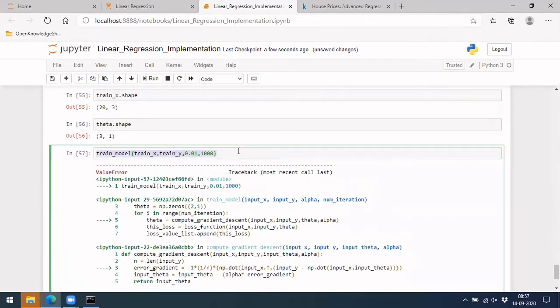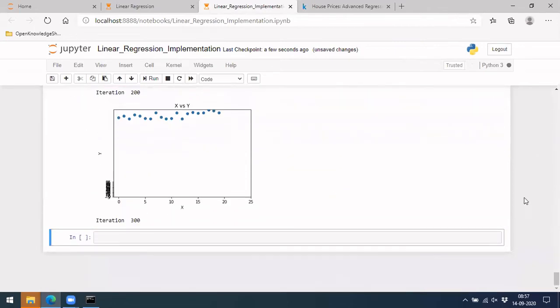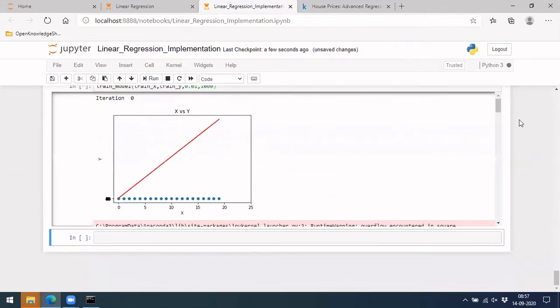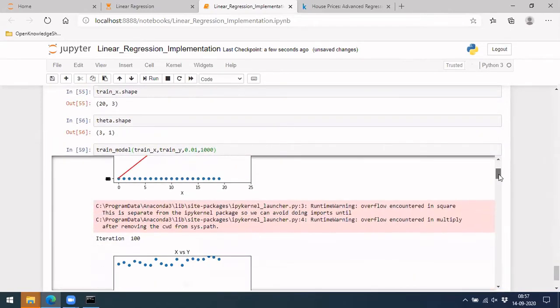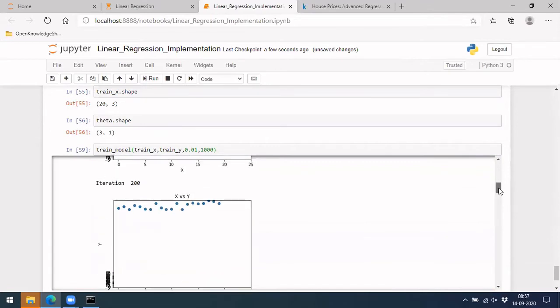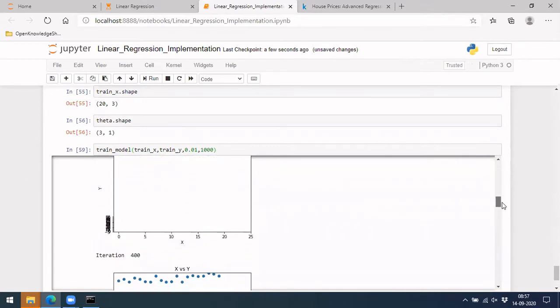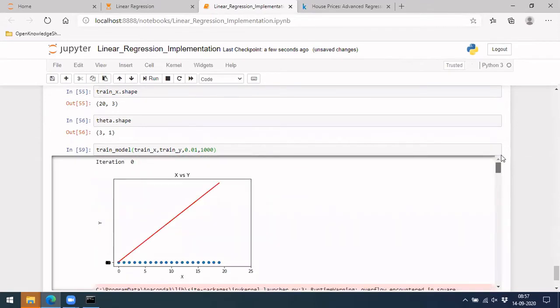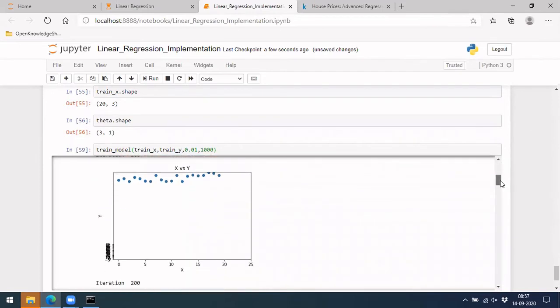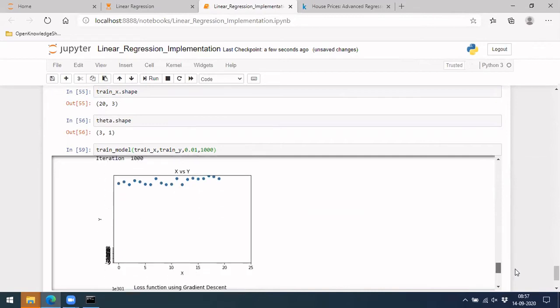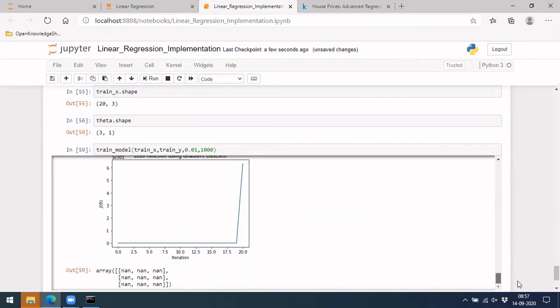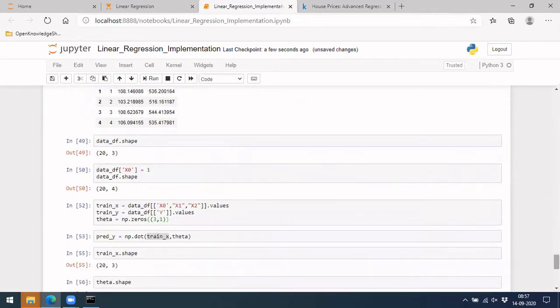No. Yes, it's running, but oh, it gave a very crazy output here. You can see it's not performing well at all.